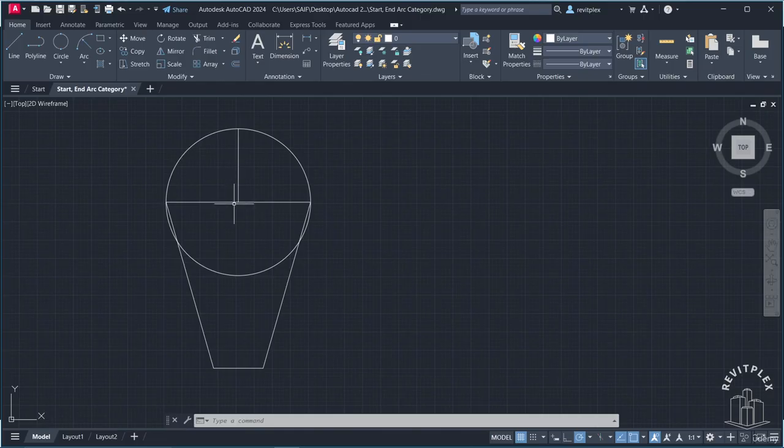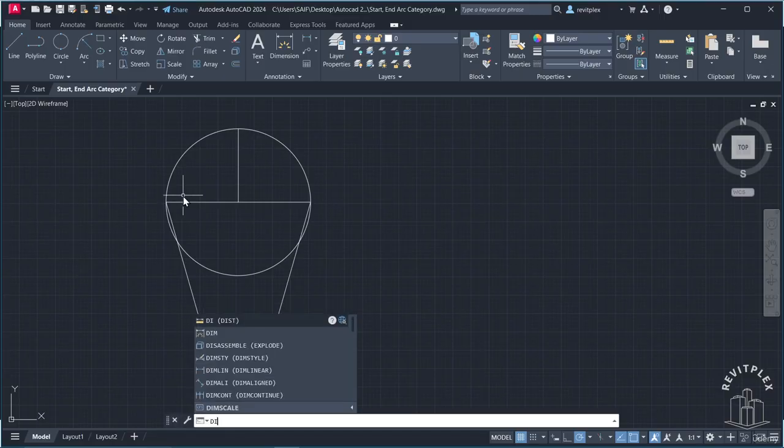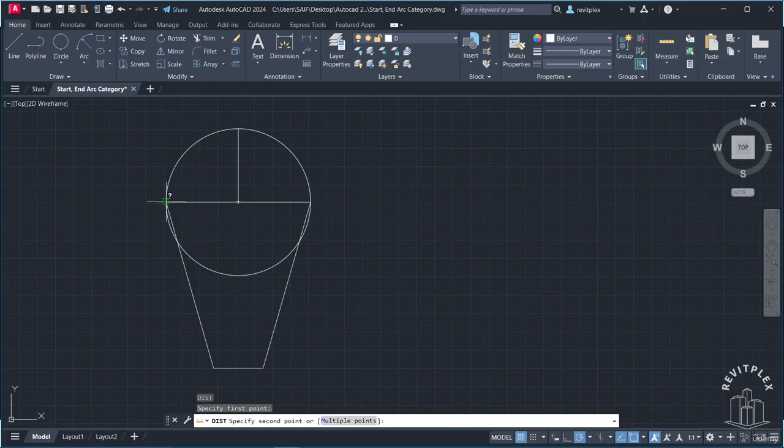And if you just simply look at the center, this point to this point is 10. So the radius is 10. You can also measure the radius with the help of a command as well. So you can just simply type DI and then hit enter. You can see if you measure the radius from this point to this point, the radius is